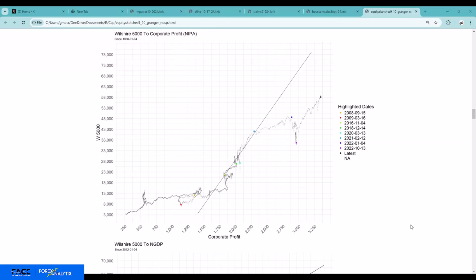So what are these dots on the charts? The colored dots are perhaps too small, they're just various key dates. The purple dot is, I think, the most interesting one, which was October 13th of 2022. That was when JP Morgan